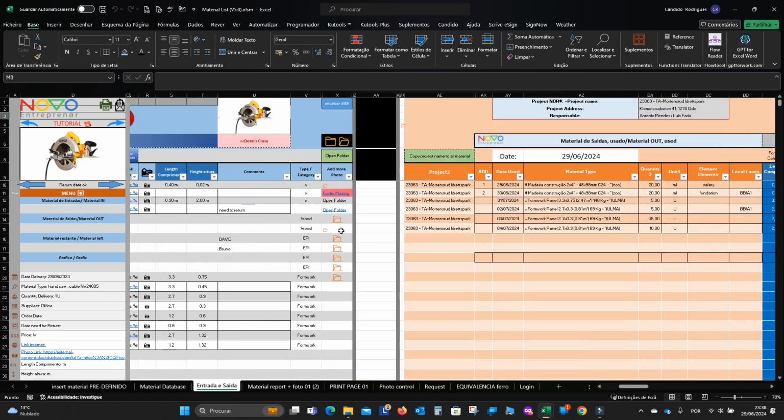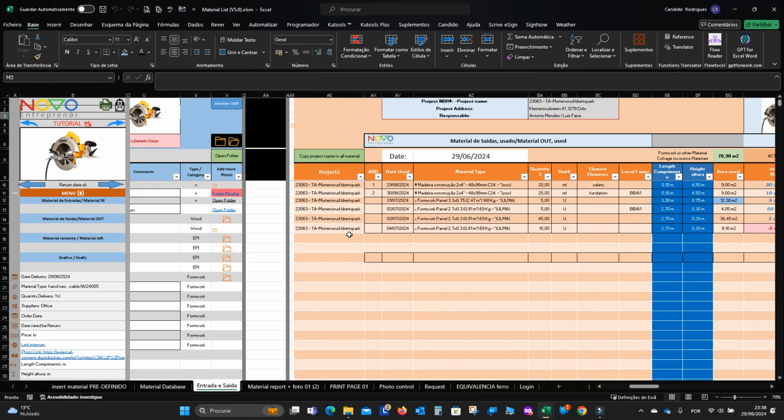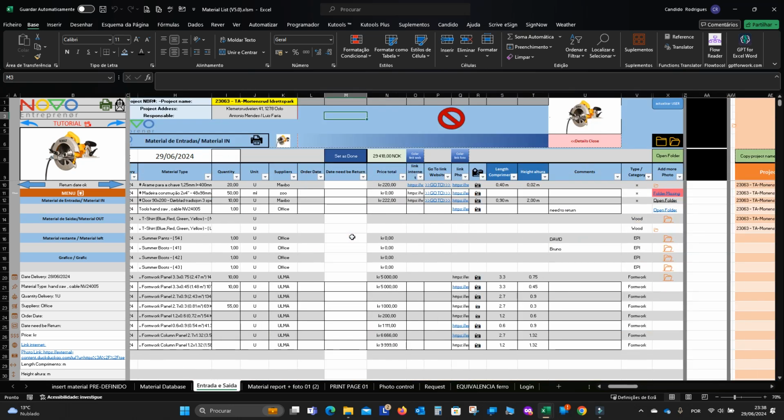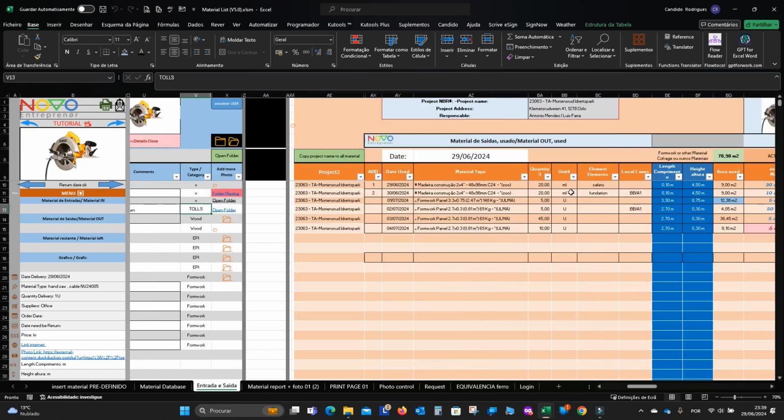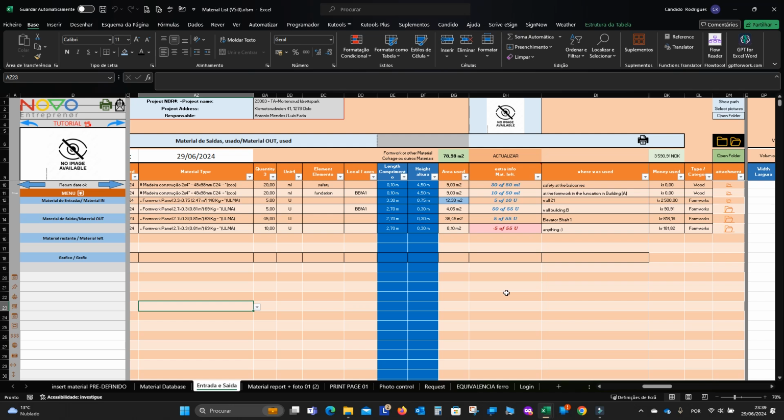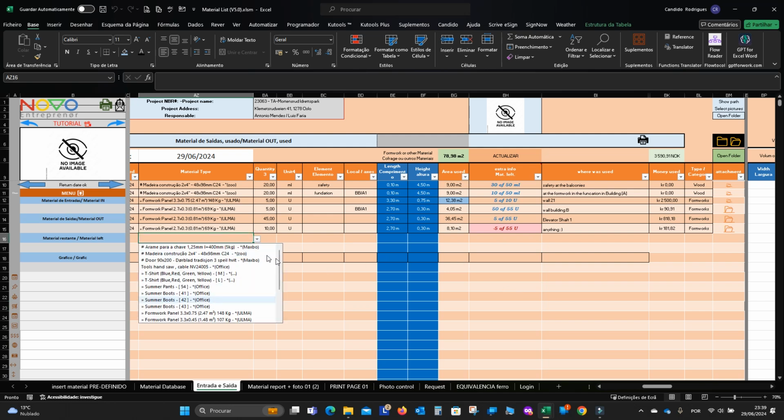I think the category should have the word tools, because then it will be easier to track all the tools. So let's say here I'm going to put tools just there. Alright, I made a mistake writing tools. It's like this. Alright, much better. We can put here the tools, and the reason for the tools, because I want to show